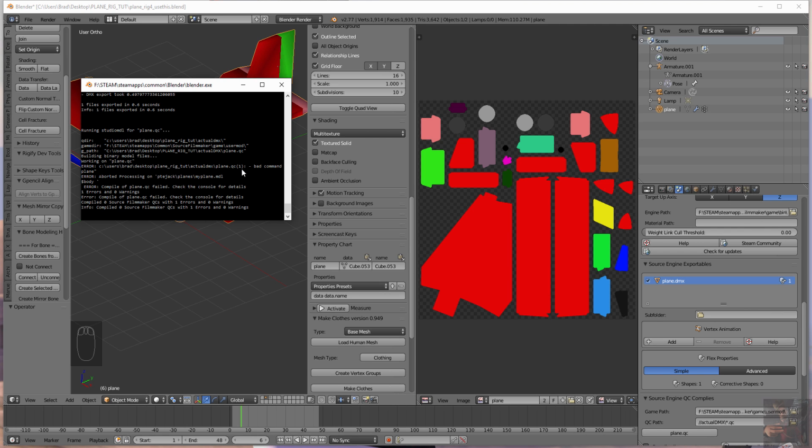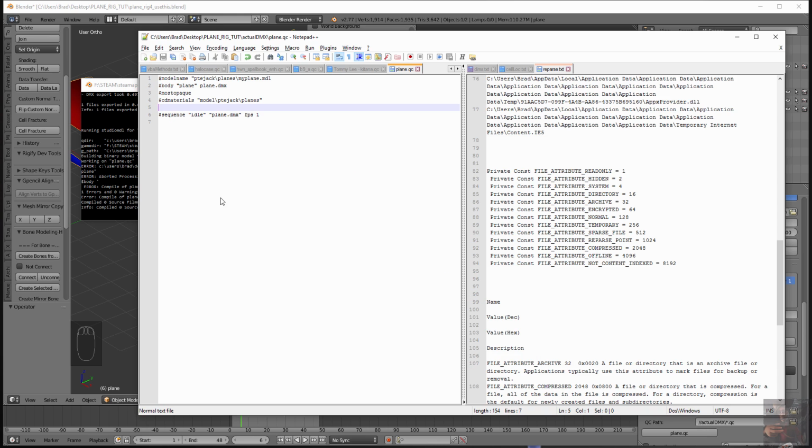open up the console, and let's see, what does it say? Bad command, plane, okay, on line 1. Model name, private jack, and here's my problem. I started it with an open quote and didn't close the quote on the other side of the model. Okay, that's one of the common errors with QC writing, is that you'll use quotes or opening and closing curly brackets and forget to put in one of them. Okay, so now I'll file save that,